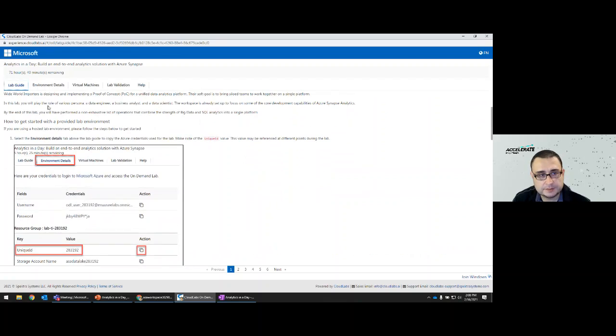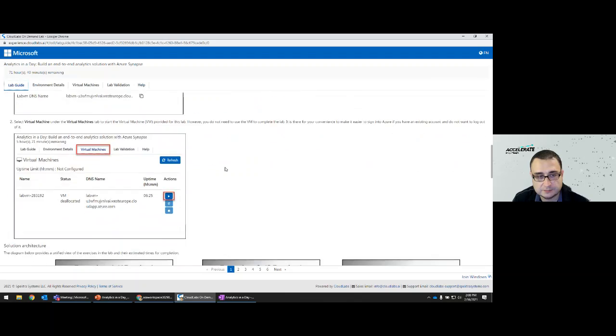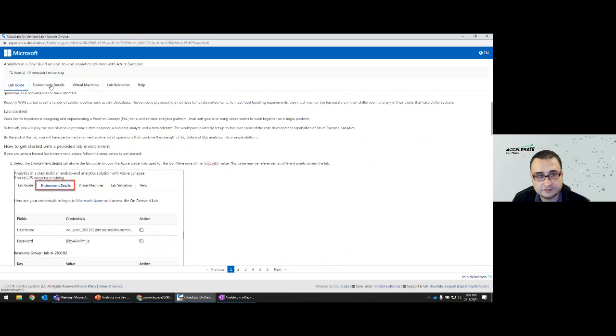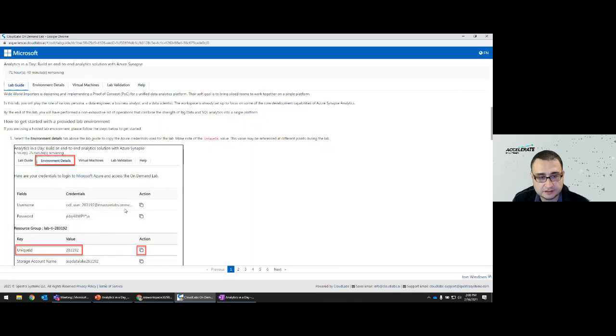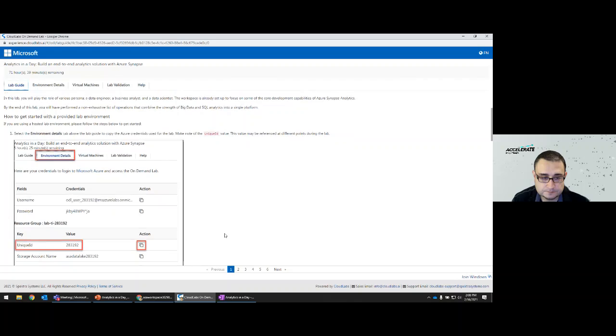Also, please be aware that there's an environment details tab. On the top here, you see Lab Guide, which is what I'm reading right now, and then you have a tab for Environment Details. In that tab, you have your credentials, the username and password. You can go to Environment Details and copy the username. That's the username you're going to use to log into the portal, along with the corresponding password.